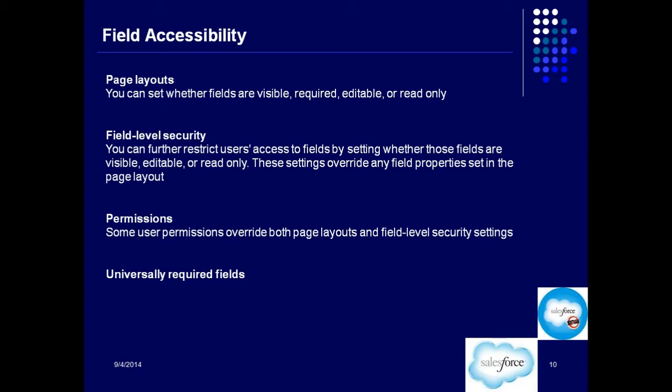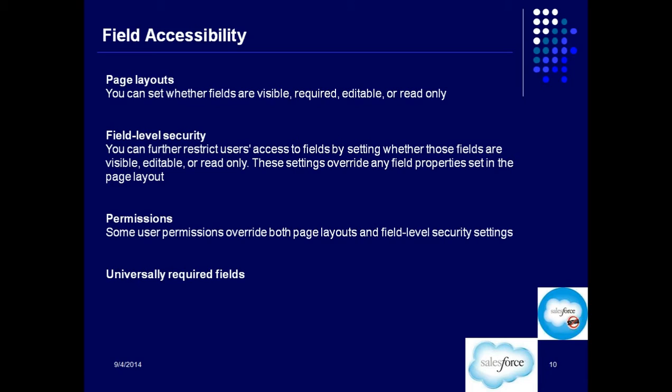A universally required field is a field where, while creating it, you have an option of making it a required field. Have you noticed? When you create a field, you get a checkbox which says make it a required field. When you select that checkbox, that field becomes a universally required field. Universally required field means no matter how you are entering the data into the system, through the back end, front end, through whichever page layout, whoever is the user, whatever the user's profile is, you always need to enter a value for that field.